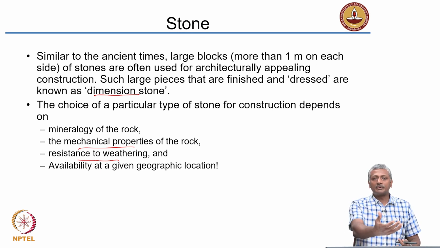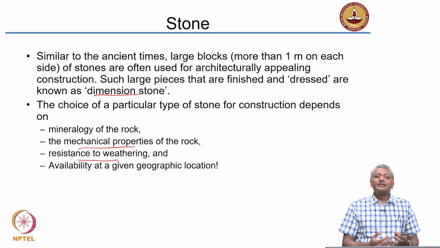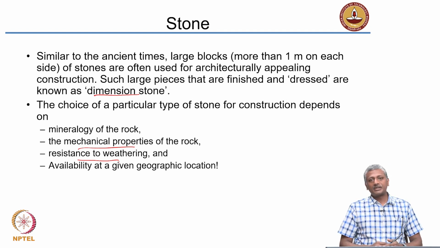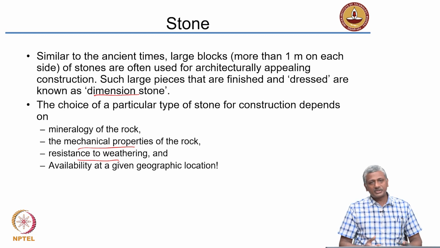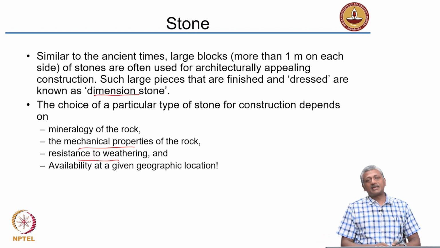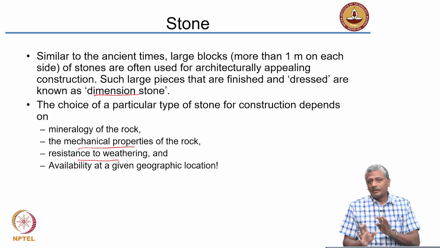If you bring in materials from outside, they may not survive to the same extent. The same thing is true with vegetation also, right? We try to get all these beautiful plants from all over the country and put them in our gardens. Very many of them don't survive, and a few of them that actually survive kill off the local plants because they are fighting for the same nutrients from the soil. So, one needs to be careful in choosing plants.